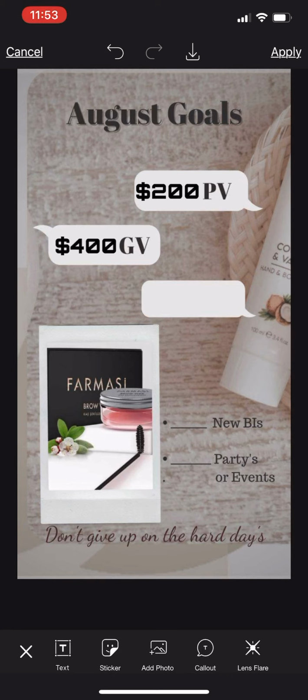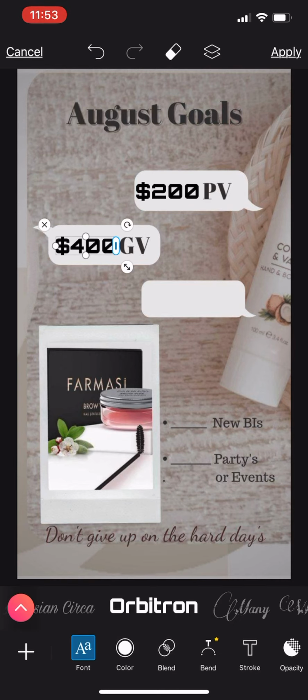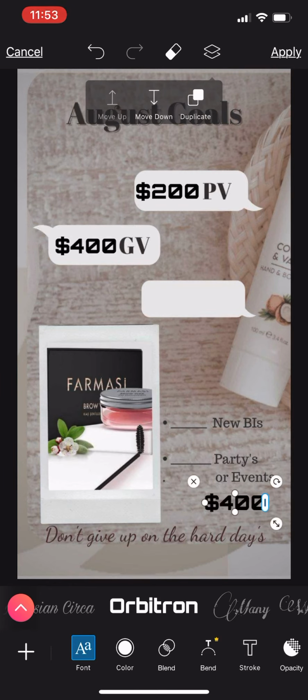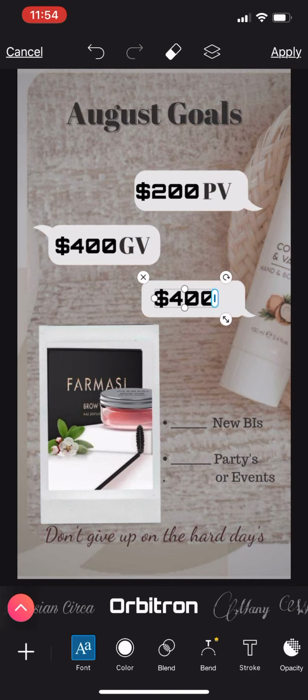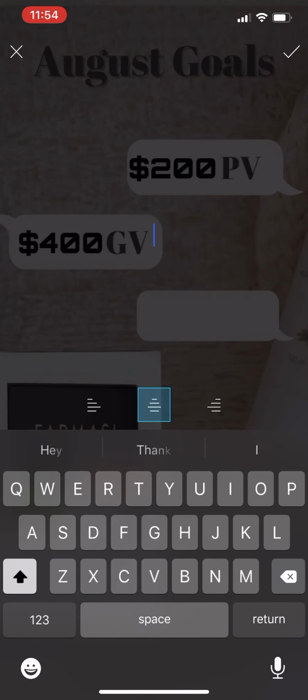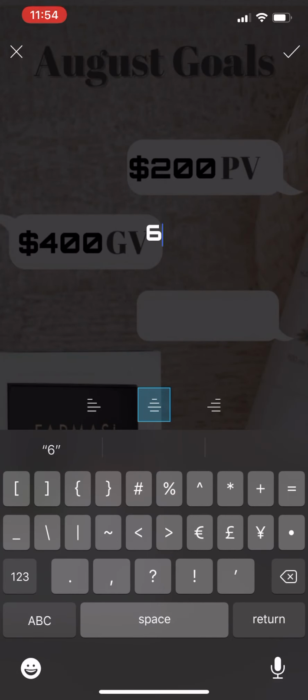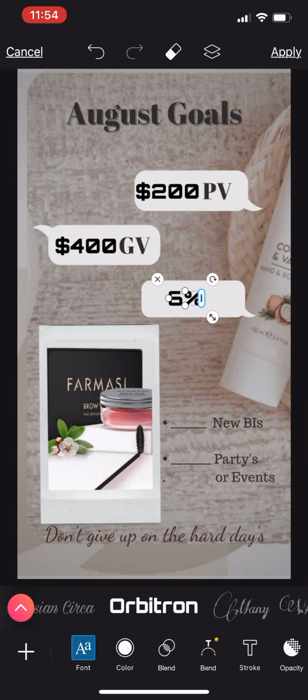And so with that being said, now that you know your GB goal, you are going to put that percent in this other blank box right here on the bottom. So I'm going to go ahead and duplicate that again. I'm going to move this up here. I'm going to double click so I can go ahead and change the text. And I'm going to press 6% because that's my goal for my team, okay? So you see how it's right there. I like to just kind of center it. Or you can just make it bigger, whatever.